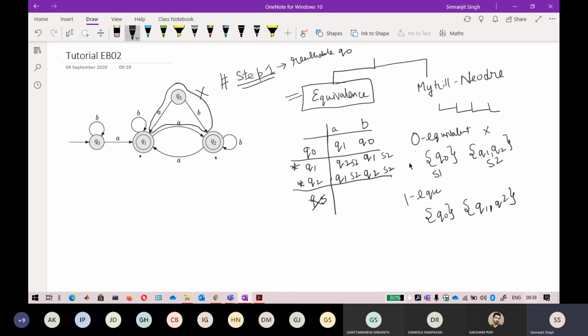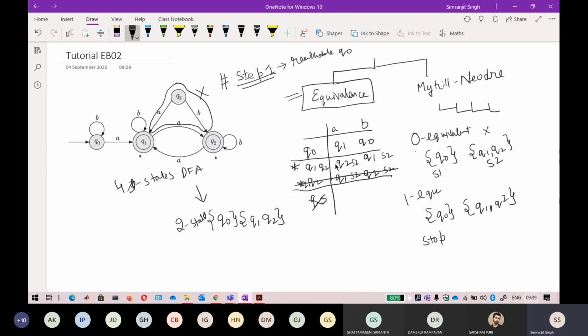When I write this, if you see that the zero equivalent state is equal to the one equivalent state, then you have to stop. So the algorithm is stopped. Now you get Q0 as one state, and Q1 and Q2 together as another. So the 4 state DFA is minimized to a 2 state DFA. Wherever there is Q1, just replace it with Q2, and again you will get the same output.